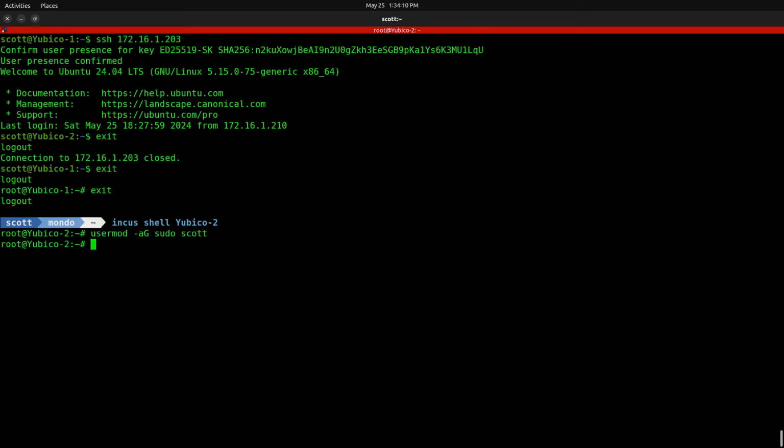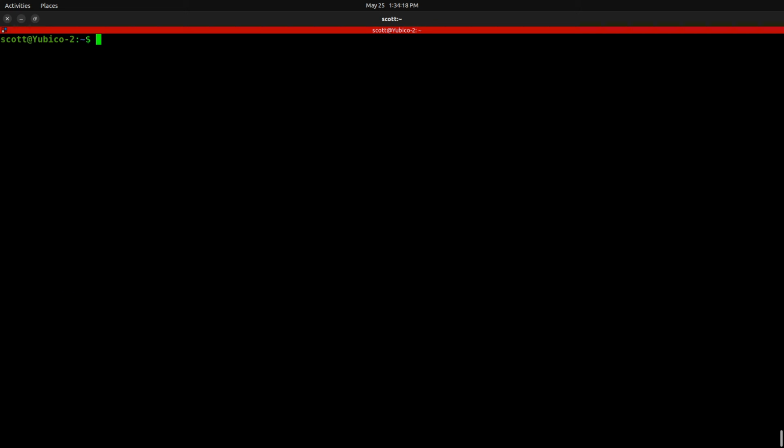And now I'll go ahead and su over to the Scott account again, just to put me back over on Yubico 2. And now I go ahead and do my sudo nano on the sshd config file, type in my password, and now I am in the sudo file. Unfortunately, nano doesn't exist because, again, these containers are really lean, so we're going to have to do a sudo